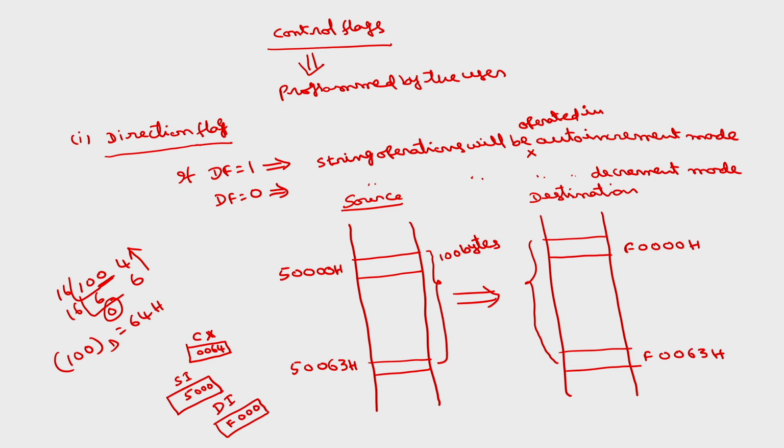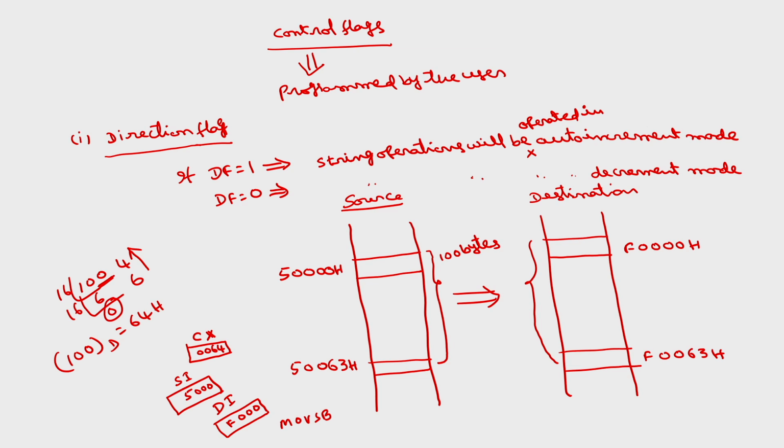This is what you have to give, and then you give a simple instruction, move string byte. I will discuss all the instructions later. Then what happens is that automatically the 100 bytes will be transferred. But in which direction? I have given the starting address and the total number of bytes as 64, which is 100 bytes, but after transferring the first, whether the transfer goes from bottom to top or top to bottom will be decided by the direction flag.